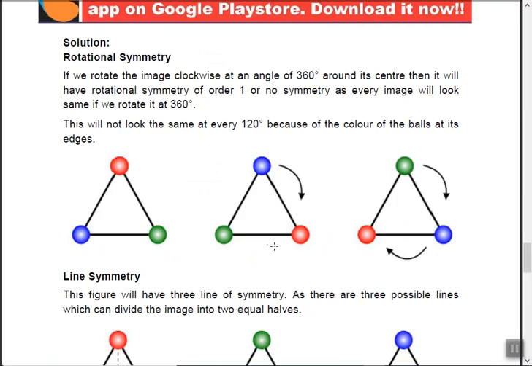Okay, now let's look at this figure. What will be the rotational symmetry angle for this? It will be 360 degrees. Why? Because if I rotate it by 60 degrees, then this blue ball will come up, right? But will it be symmetrical? Symmetrical means it should look exactly the same. So when will this figure look exactly the same? When you rotate the whole figure through 360 degrees, and this red ball again comes at the same point after rotation. So it will have only 360 degrees as a rotational angle.